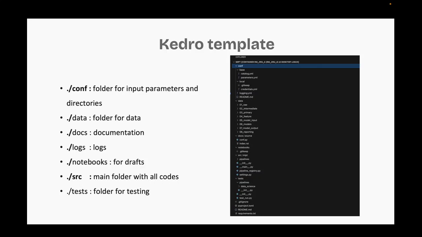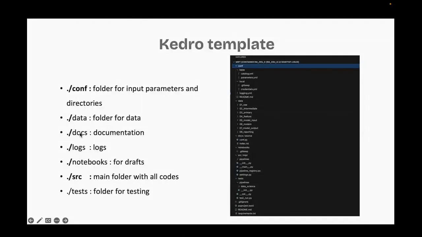Now let's walk through the template, which serves as the backbone for Kedro projects. This project template is structured into 7 main folders, each serving a specific purpose. The first one, conf. It stores configuration files. The next one, data, the folder for data, where the stages of data are kept.